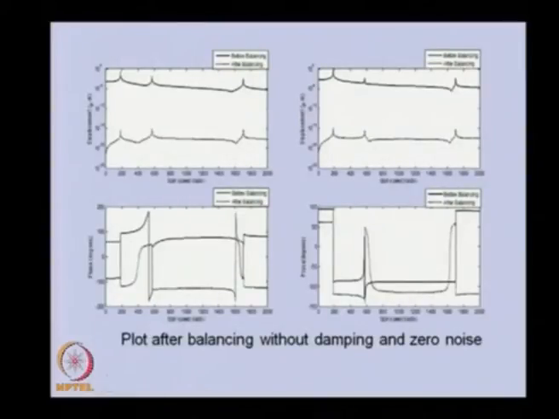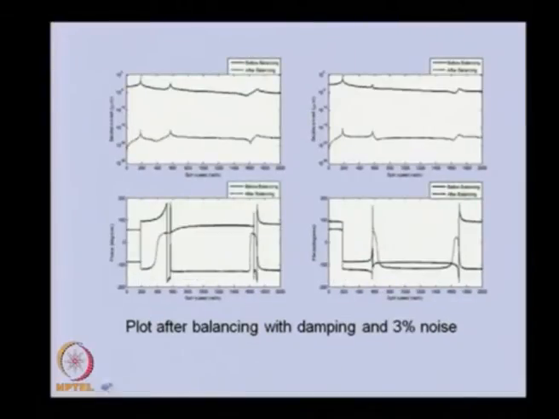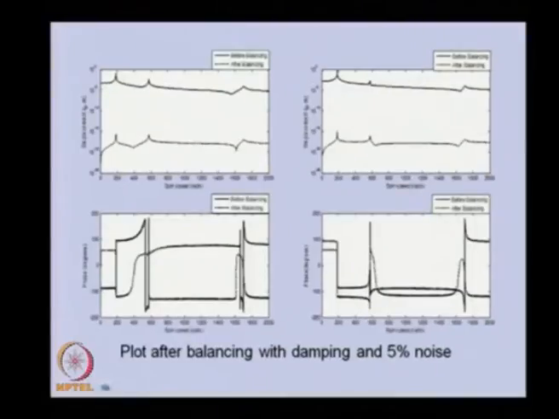Now, when we compare the responses, this is without correction mass, without balancing, and this is after balancing. Whatever estimated correction mass we calculated, we kept in the balancing plane, and then we found that the response is drastically reduced in both planes. Here also you can see the response is drastically reduced. In all cases, even with noise, the responses are reduced. We could even reduce the response at the third critical speed, because in this particular case the residual unbalance was discrete in nature, only at the disc.